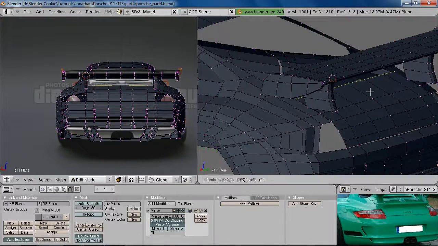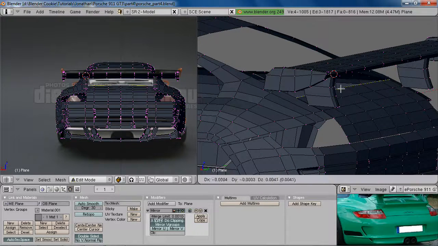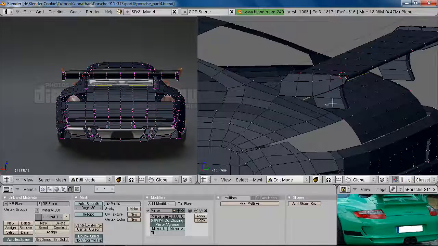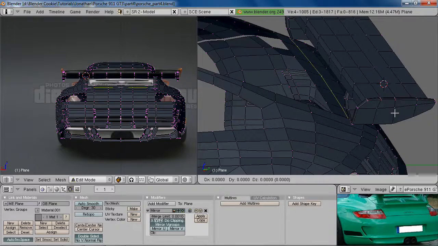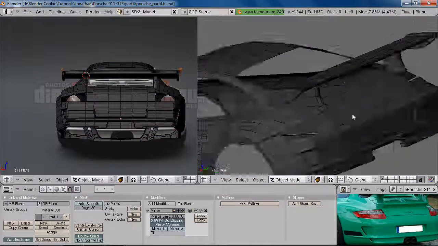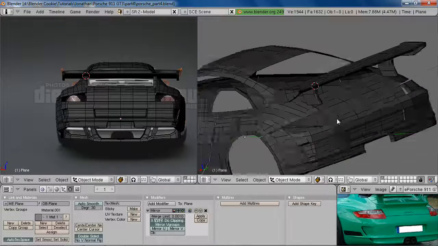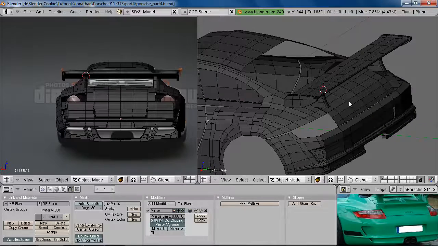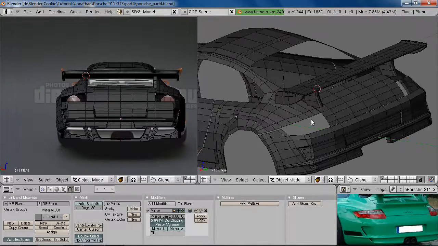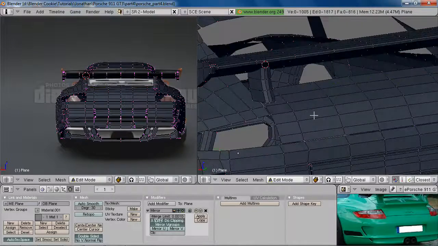This is looking good. We're going to go and add in another edge loop there just to even things out. I'm going to do it right in the center, so I can just middle click whenever I hit Control R. Okay, and I'm going to take it up along the Z-axis just a tiny bit while holding down Shift to make sure that's a nice smooth surface. Okay, so now what I want to go ahead and do is extrude this flat portion, and we're going to do this simply by